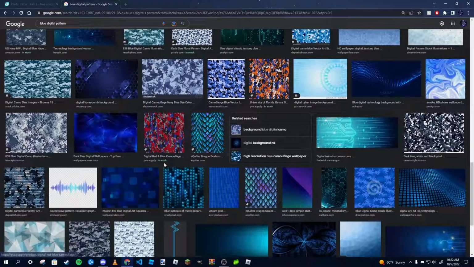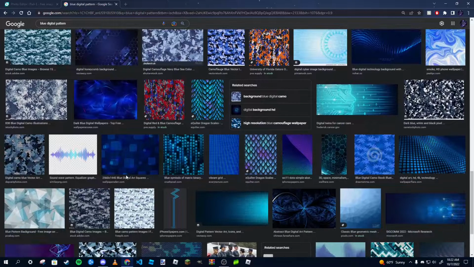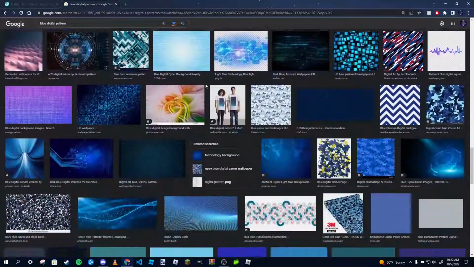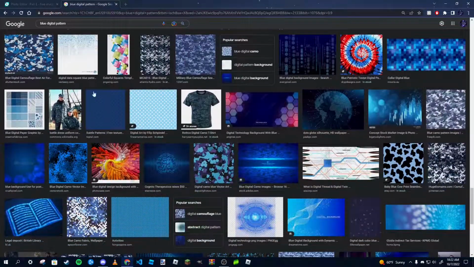Now, I already have one that's just triangles. Oh, that looks pretty cool. You can probably use that one. There's also some camo patterns if you like those as well. So just download whatever image you find. Do be sure to change the image up though, so you can avoid any copyright problems, because these images are